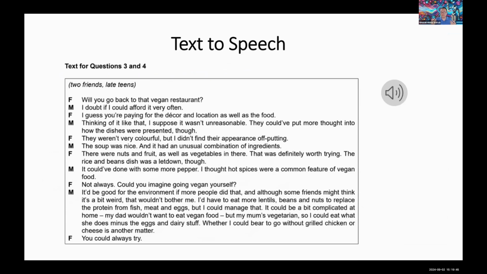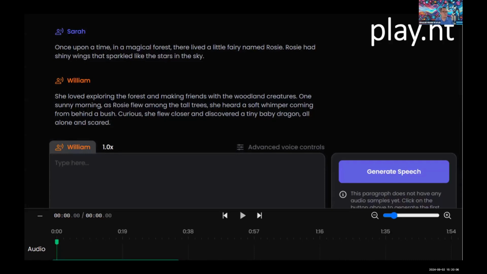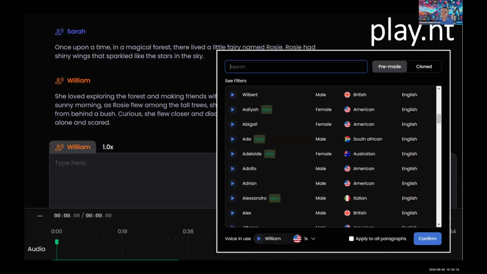Okay, so you heard the voices? Yes. Okay, good. And what is interesting is the accent behind the voices. So usually during the listening comprehension exams, my students come out of it and say that they don't understand the accent, so they can't prepare, they can't answer the questions well. So what we do, we use AI text to speech, as you can see here. AI text to speech can generate the text for our students, and it can generate them in many multiple different accents, so they can get used to the different accents of the different native speakers, right? So they will be able to prepare for the exam better in that sense.